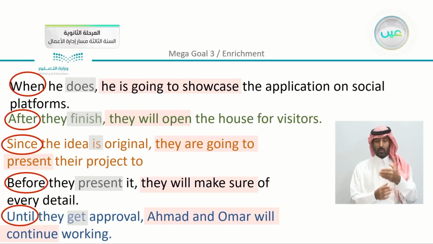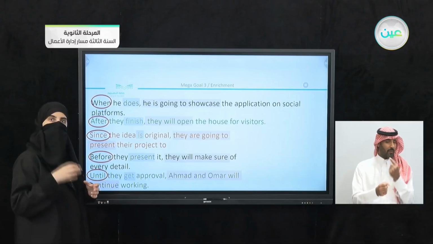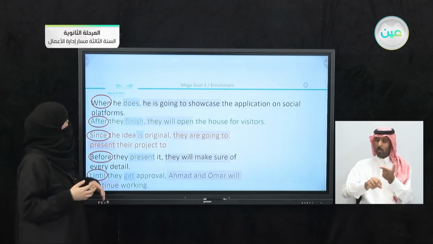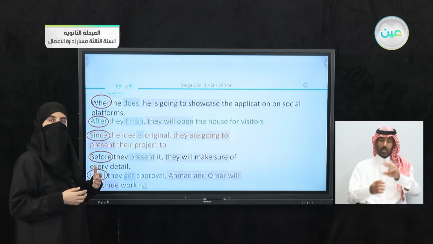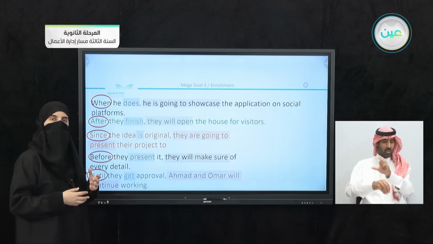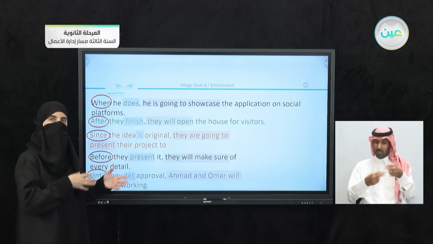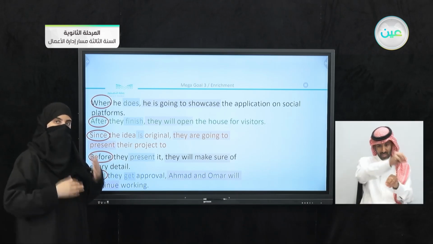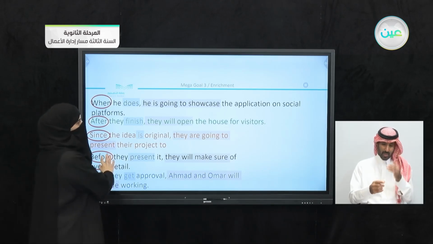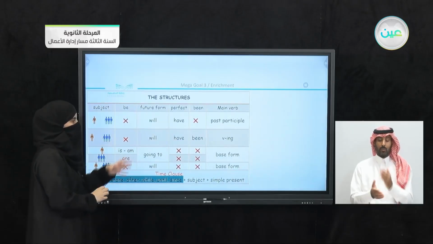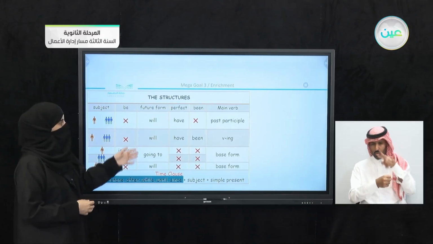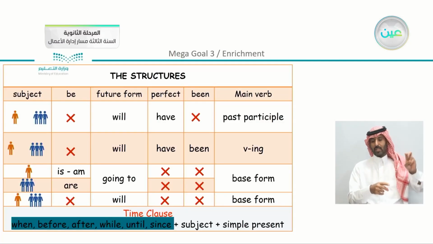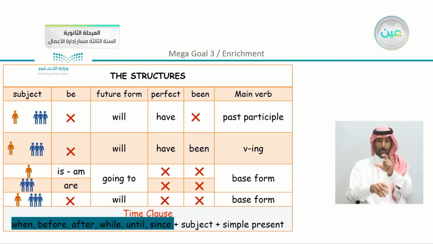We also studied how to add words that express time here. So we have here when, after, since, before, and until. Now here they all indicate time and they can be added in the sentence. Also we studied that we can use them either in the beginning of the sentence, or we can just switch the sentence or rearrange to make them in the middle. We have the structures as we can see here. There was the table. Just to refresh your memories, we showed the difference when to use been in the sentence, when not to use it, when we can use a verb to be, and also we have here the time expressions as we mentioned.